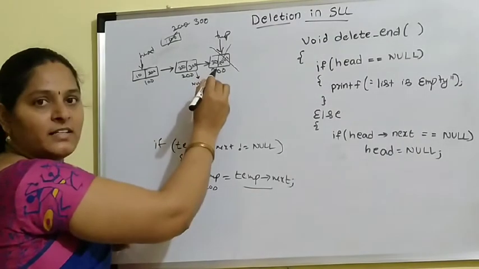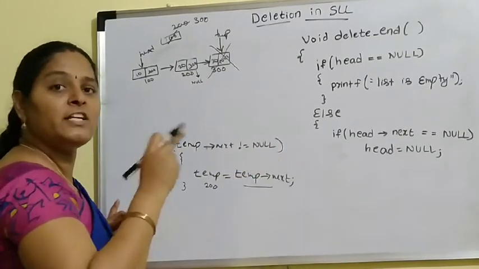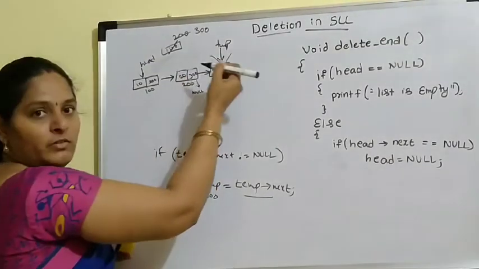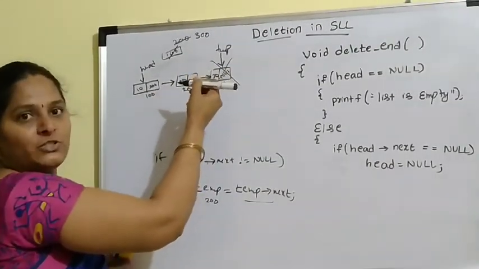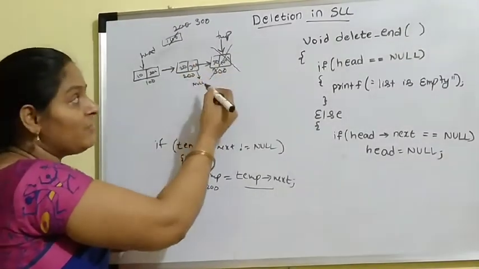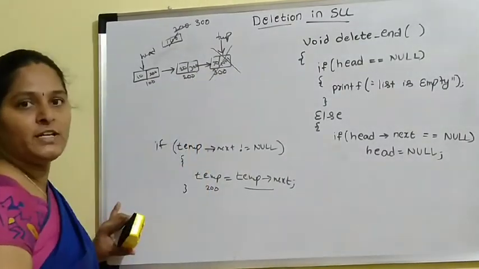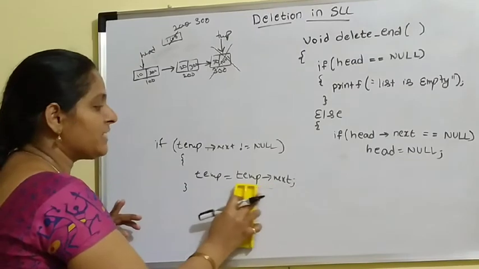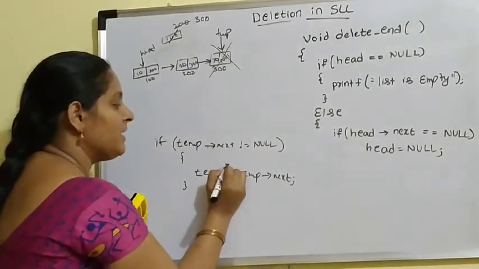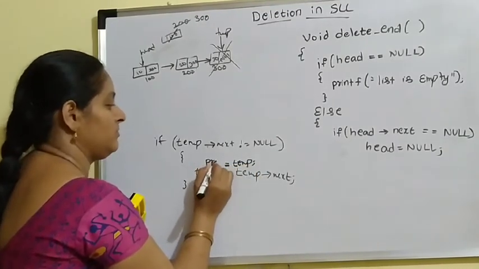It is a single linked list. We have only one pointer. We can move only in the forward direction. There is no mechanism for going back. So we can't move back to the previous node. So how to identify the previous node? How to place null value in the previous next field? For that reason, before moving the temp pointer to the next position, we assign the temp node address to some other node.